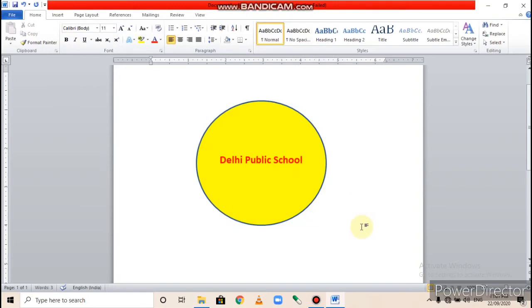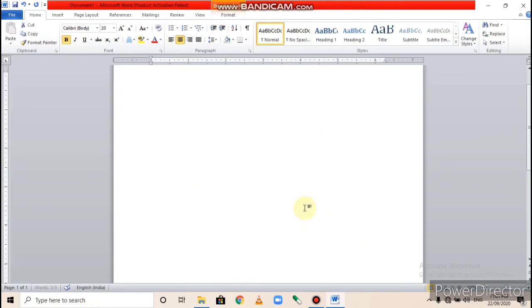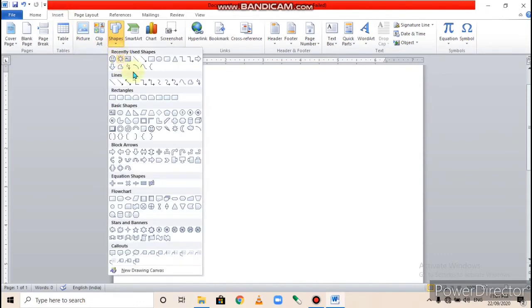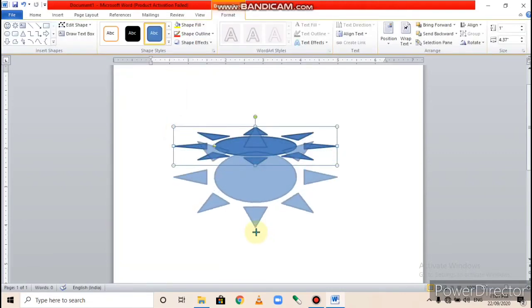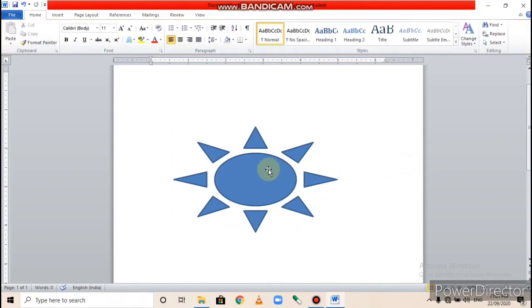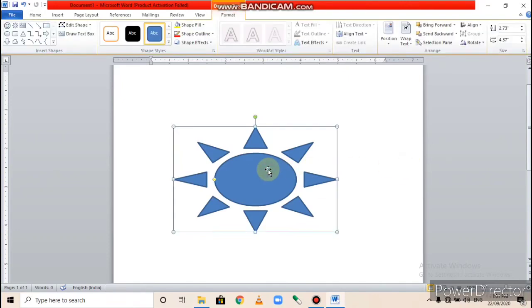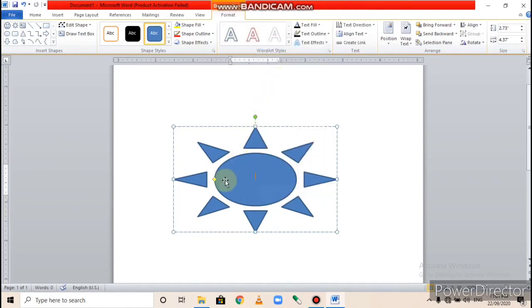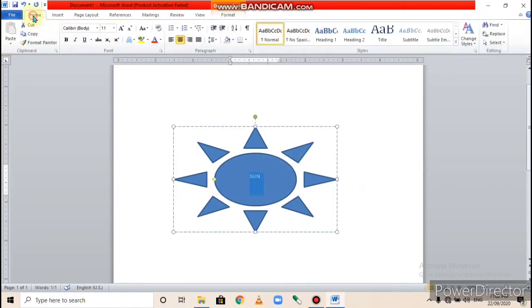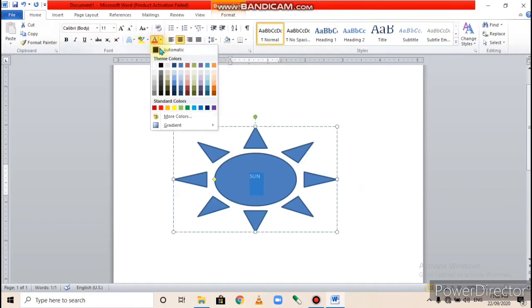In this way we can insert the text in the shape also. Understood? I repeat once again. Select the shape, then right click on the shape, add text, write your text, and format the text as per your choice.